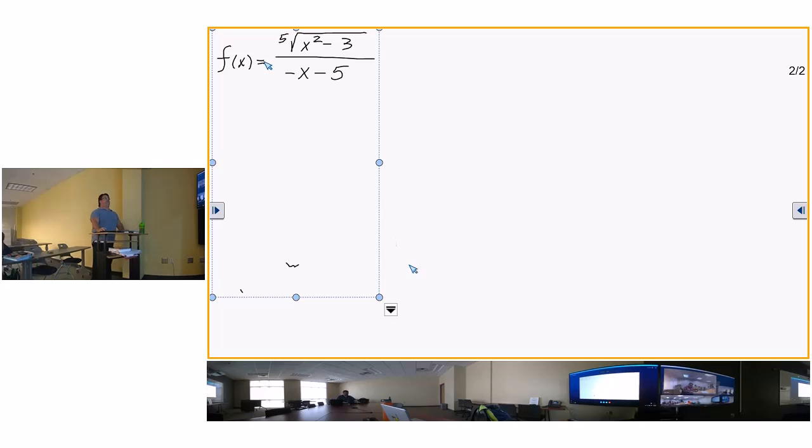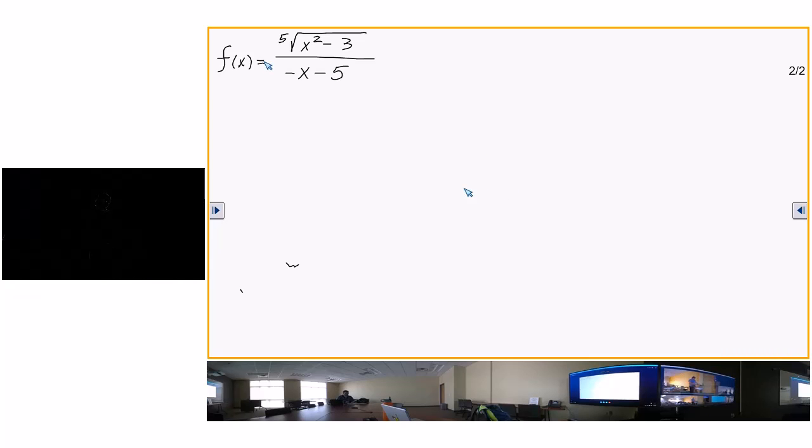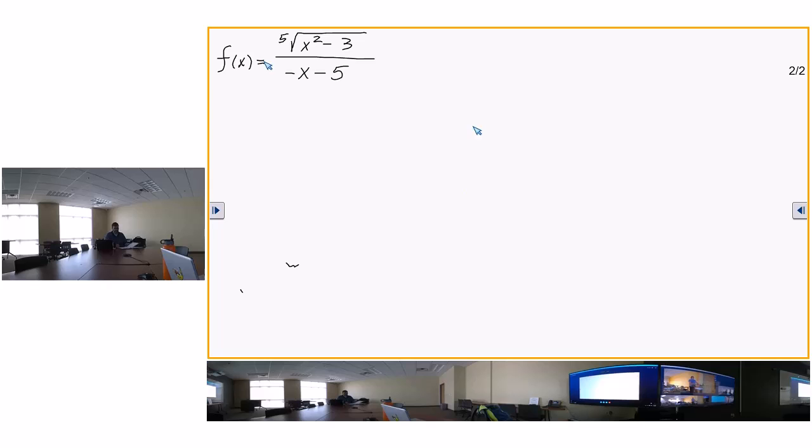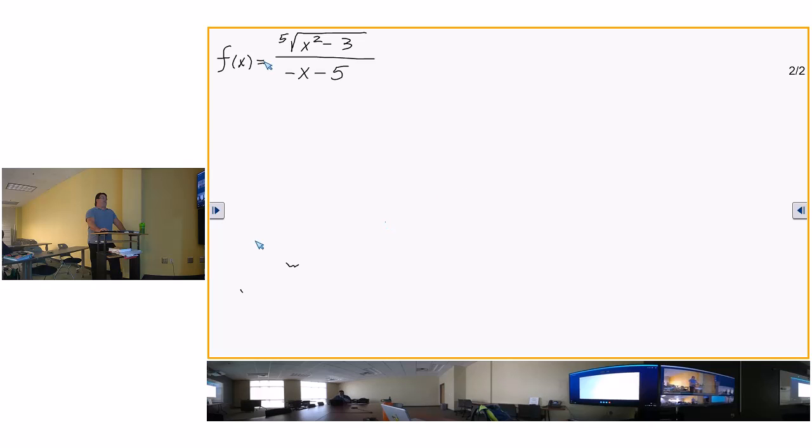They're doing it with the quotient rule. I don't know if they're doing it with the quotient rule. Let me look. They're starting with the quotient rule, but you don't necessarily have to do that. If you want to bring the negative x minus 5 up, you're welcome to. I personally like the product rule, but the only preference is,